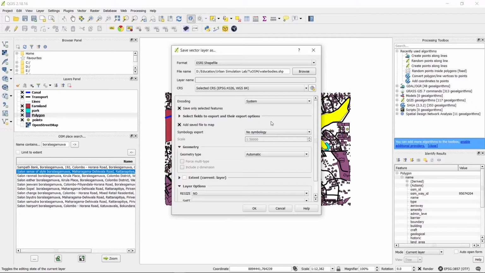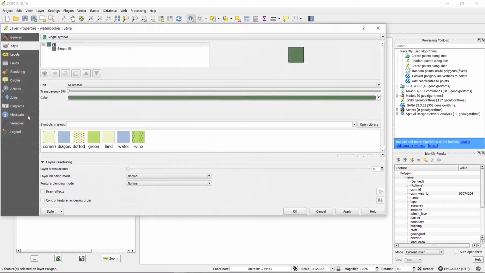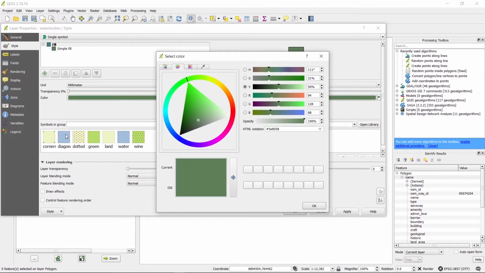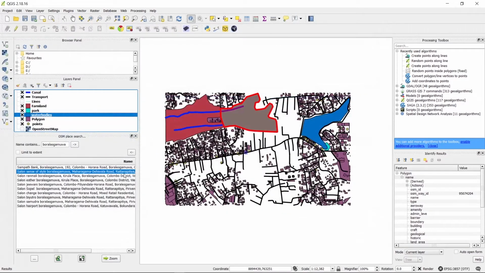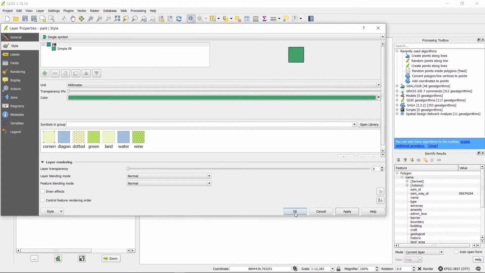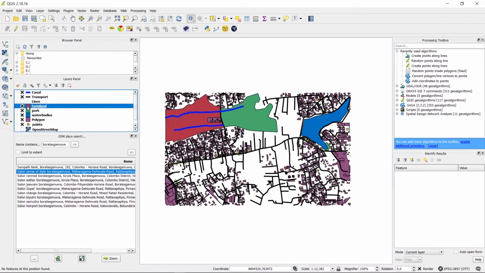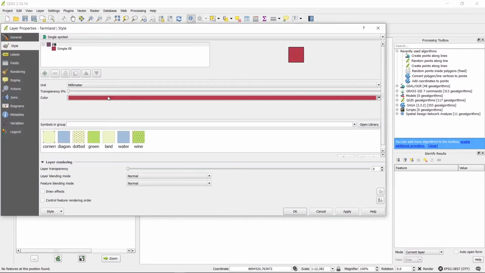Properties. Right, that's it. So again I can change the colors. Park, something green, farmland, so green.